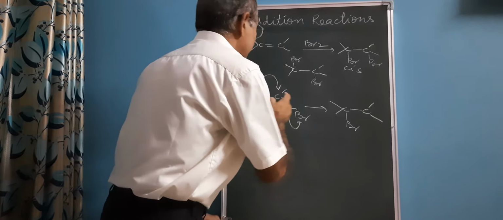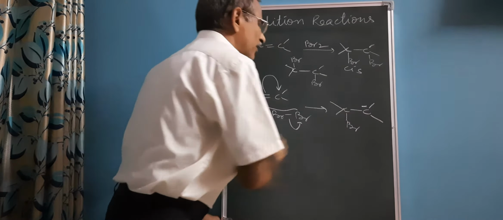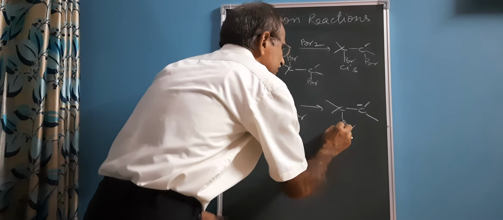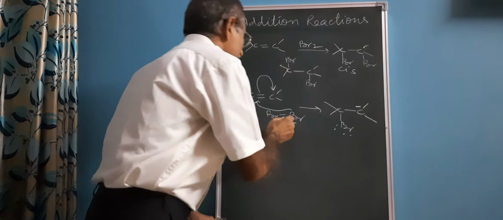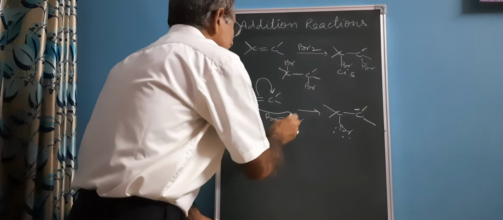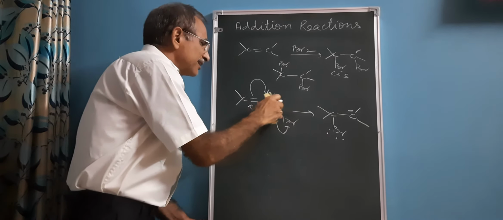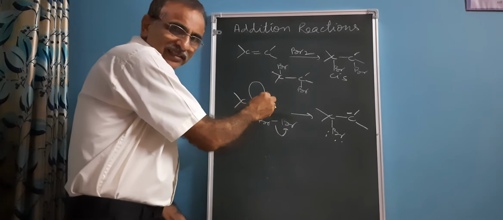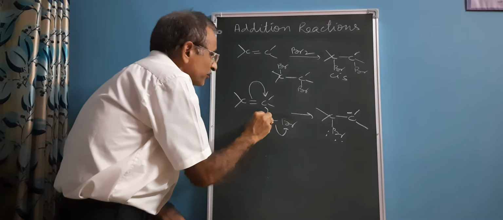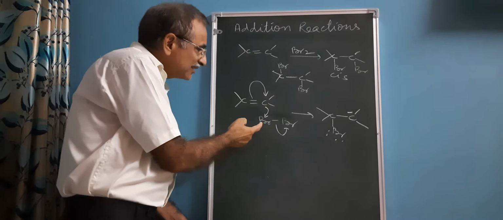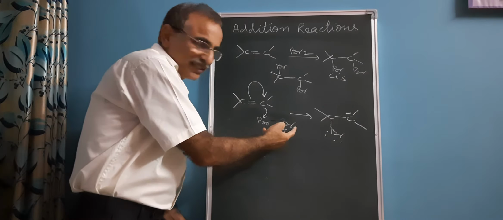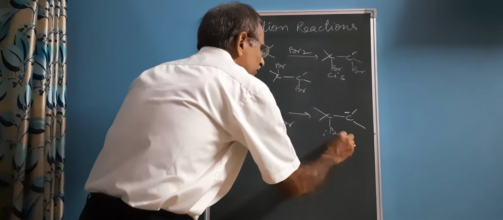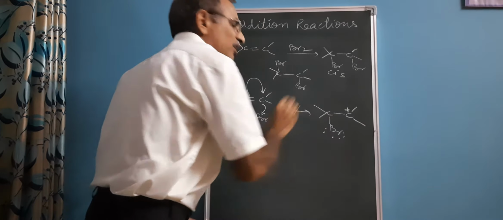here, and a negative charge will be formed, and bromide, sorry, you have to change here. Once the electron pair reaches here, it approaches Br plus, which is less stable as compared to Br minus, and as a result there is formation of this Br with 3 pairs of electrons and a positive charge.